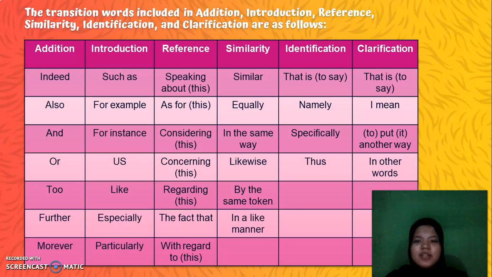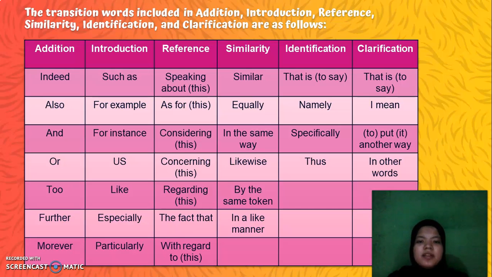The transition words include in addition, introductions, reference, similarity, identification, and clarification are as follows. Additions. There are indeed, also, and, or, to, further, moreover. Introductions. There are such as, for example, for instance, as, like, especially, particularly. Reference, there are speaking about this, as for this, considering this, concerning this, regarding this, the fact that, with regard